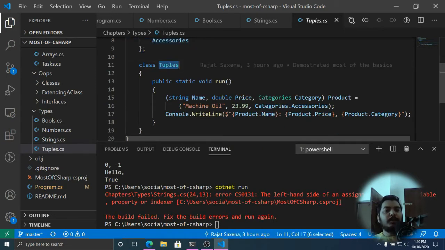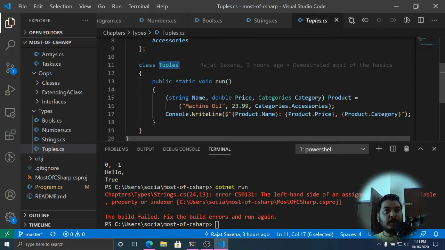And let's talk about the tuple type. Let's suppose you want to return something complex, something which is more than a simple string or integer. How can you do that? Let's suppose there is a product. I have certain properties related to that product. What's the name of the product? What is the category of that product?